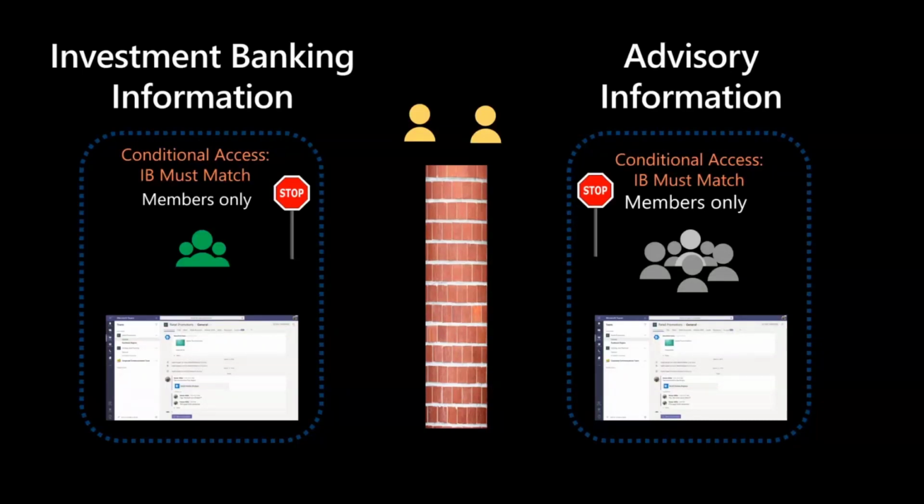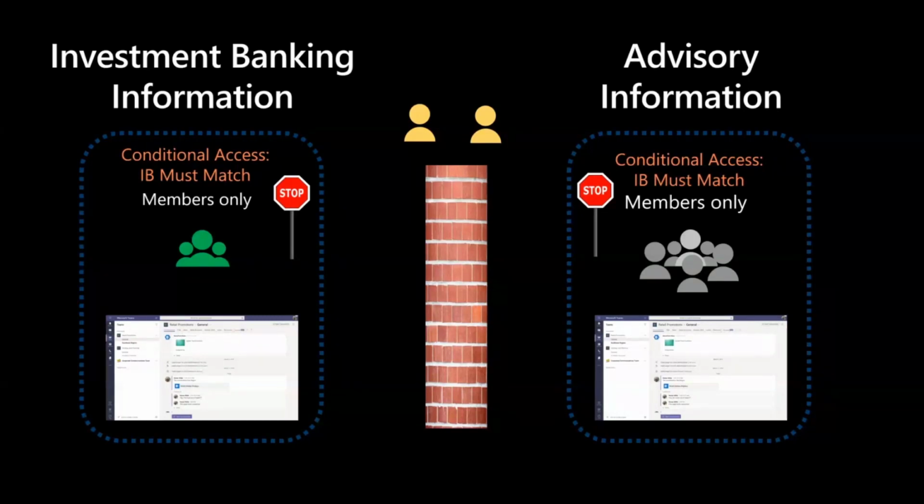And I want to take a minute to call this particular point out. This is really the crux of this whole feature. All of you know there is already a SharePoint permissions model, where you can share a file or a site with a person, and now that person has access to the site and the file. Now we have actually added an additional authorization layer on top of that. It's not enough to have authorization permissions just for the site and the file. You must also match the conditional access for information barrier segments as well.